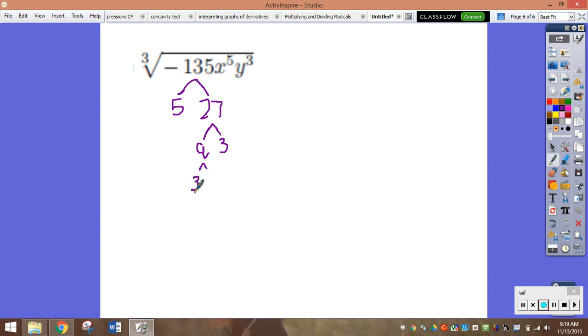And then 9 would factor into 3 and 3. And so I have a group of 3 3s, and the reason why I'm looking for a group of 3 is, again, it's the cube root. Won't always be the cube root, but for these examples it was. And so I have that 3 out front to represent that group of 3. But I still had this 5, so I'm going to have to put that back into the cube root. I had a negative, and it's an odd root, so I need to bring that negative outside. And then 3 will go into 5 once, so I have 1 x out here. And then there's a remainder of 2, so